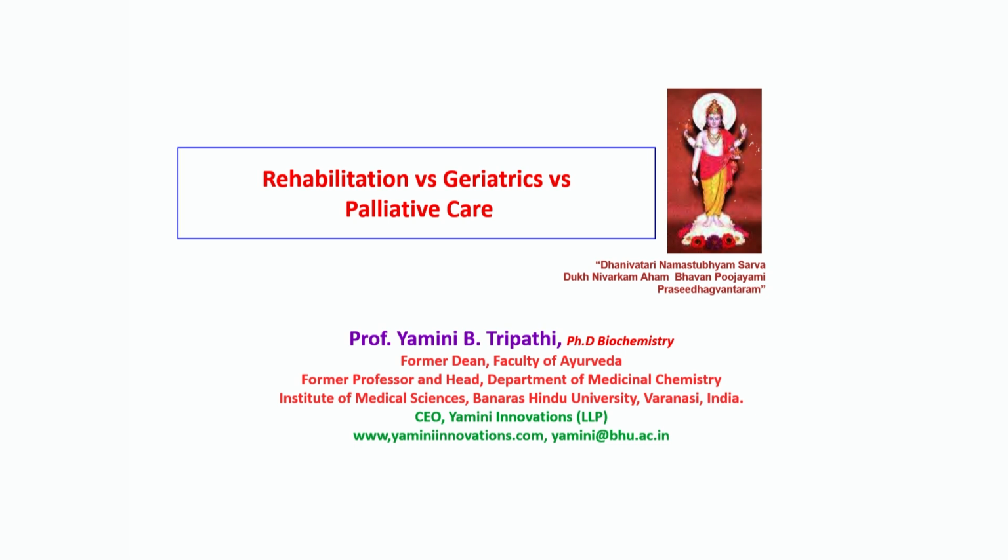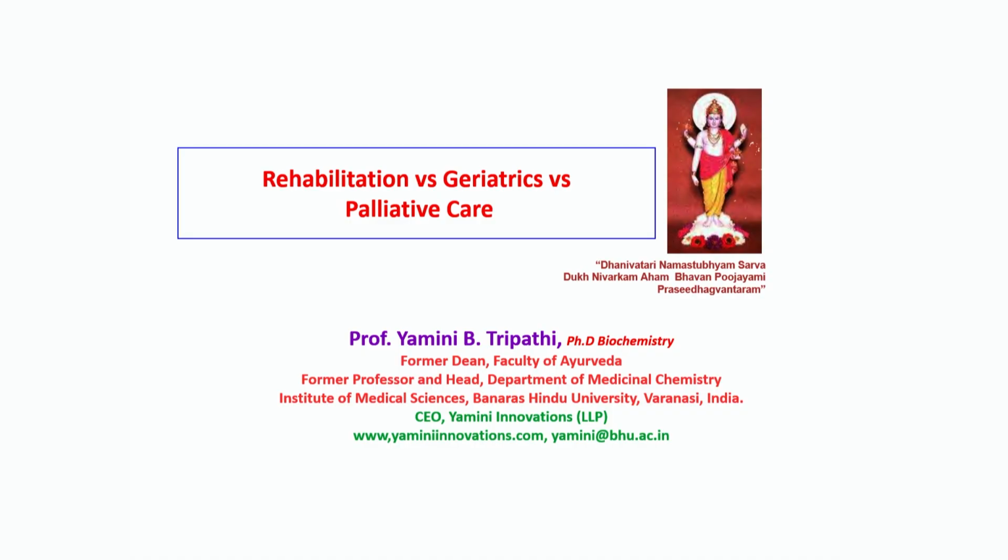And then geriatrics, and he's an old man. So old man means the heart attack, means aging. Old age itself is a cause of diseases. Ayurveda says old age itself is a disease, but in modern medicine we don't say old age is a disease. But old age is a situation when many chronic diseases happen to him. So comorbidity in old age is very important. That has to be handled. Who will handle it? There is a geriatrics department which handles this.